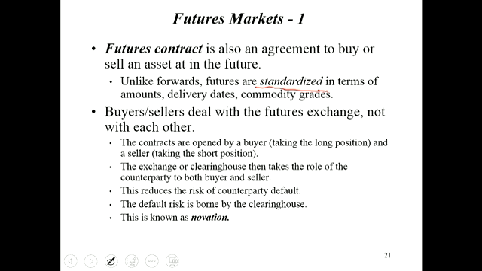So the exchange is there just to match the order. Once the order is matched, it's transferred over to the clearinghouse, and the clearinghouse becomes a counterparty to both of them. So if B defaults, the clearinghouse has to handle that. A is fine. If A defaults, clearinghouse has to handle that. B is fine in that case. So A and B don't have to worry about the creditworthiness of the person they're trading with. Now, if you think about whether the clearinghouse has any risk or not,